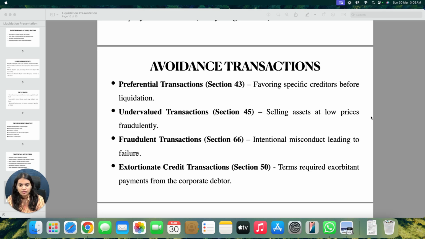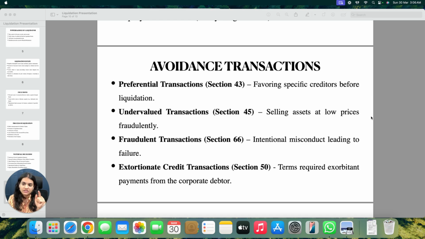So the IRP or the RP may appoint a transaction auditor. A transaction auditor will look into the accounts of the corporate debtor and identify if there are any avoidance transactions. The insolvency professional, in whatever capacity, may seek assistance and aid from such transaction auditors. So these transaction auditors are licensed specialists who will look into the books of accounts of the corporate debtor.